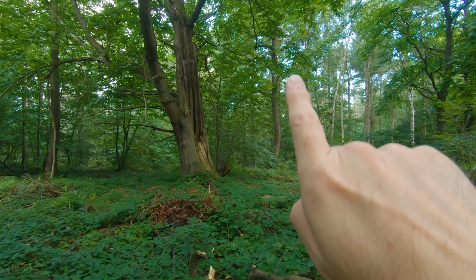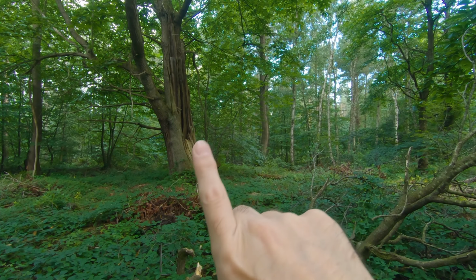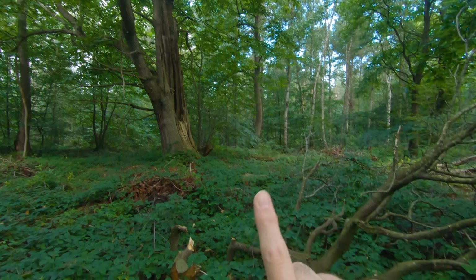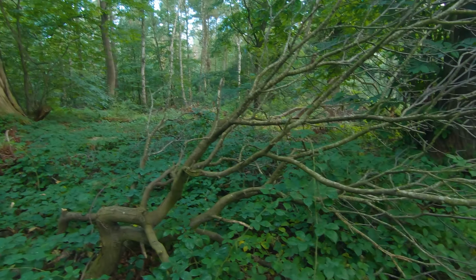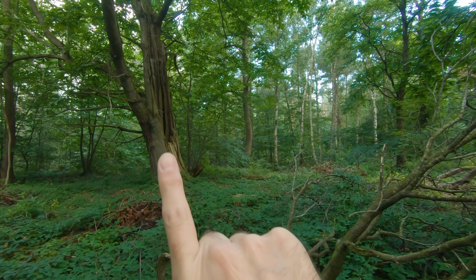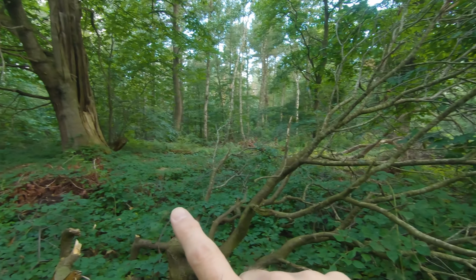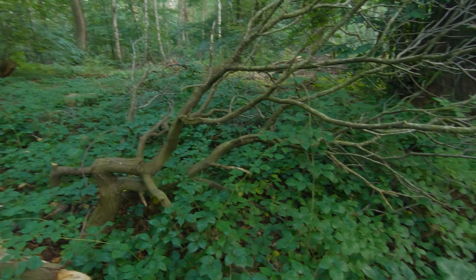And next to it we've got this straight chap. He's perpendicular to the earth, and this one leans over to the left. Straight tree. He's leaning to the left. The swoop on his base there, following the contour of the break. Really nice. And then coming out of the frame here, sweeping up this way, we have this chap,